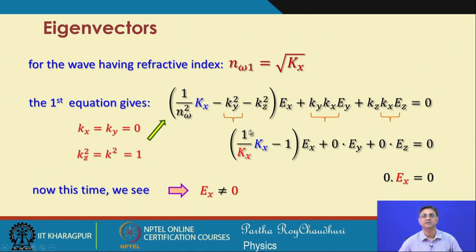As a result, this quantity, because this is 1 minus 1, is equal to 0. So, 0 into E x is equal to 0. That means E x is not equal to 0. So, therefore,